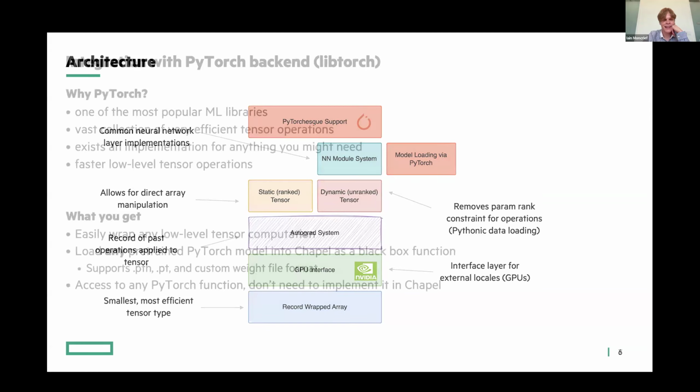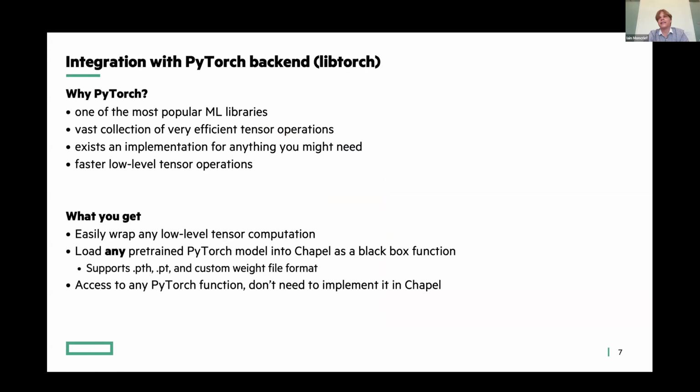So what we found is that a lot of these operations, if you write them in pure Chapel, like if you write the GPU kernels in pure Chapel, are not as fast as PyTorch. They're usually about 2 to 3 orders of magnitude slower. And this is just because PyTorch has had so much development and really smart numerical methods people working on these low-level kernels. So they're much better optimized than the GPU code that Chapel generates for these.